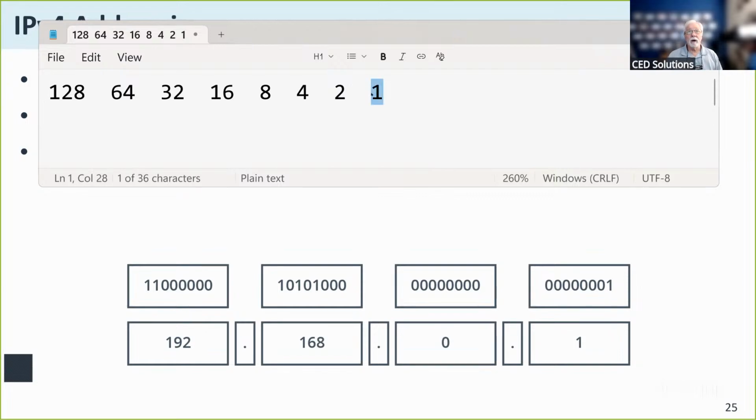So we begin with 1, and everything going left here is powers of 2, and it's a total of 8 placeholders. So 1, 2 to the first power, 2 to the second power, third power, and so on. Remember, these are constants based on the binary numeric system. They never change. So if I take these 8 binary bits down here, and I associate those with each of these placeholders,